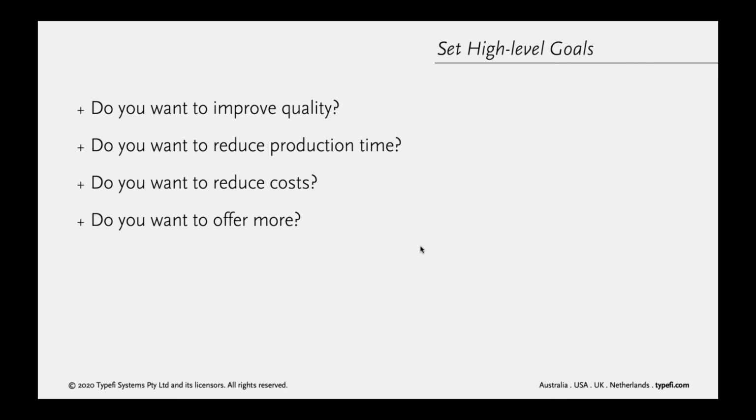Do you want to reduce costs? Who wouldn't? Do you want to offer more? Again, by making your process more efficient, you might be able to add more content and create more content for your audiences in different formats, or add new ways of distribution.